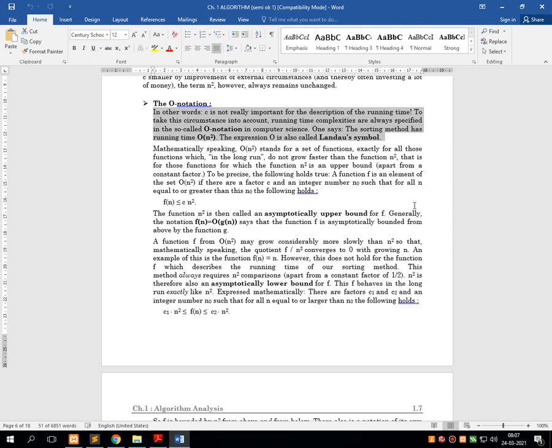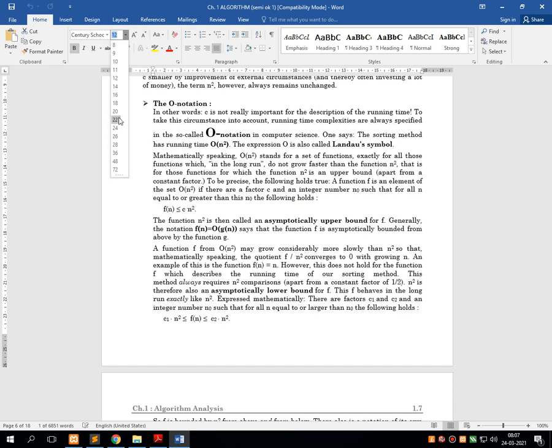The symbol of big O notation is described here, where you can see this big O represents the notation called big O notation. As I have indicated, big O notation is actually a topic of mathematics, and right now we are discussing the logical instruction set for implementing various data structure concepts.